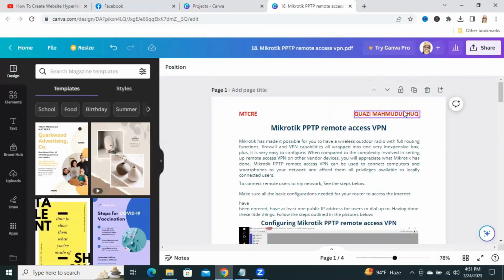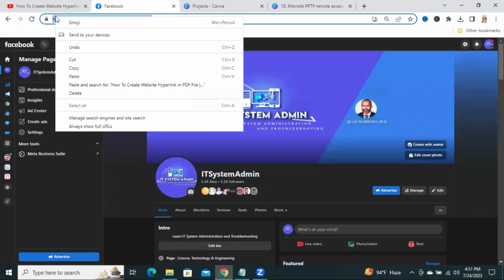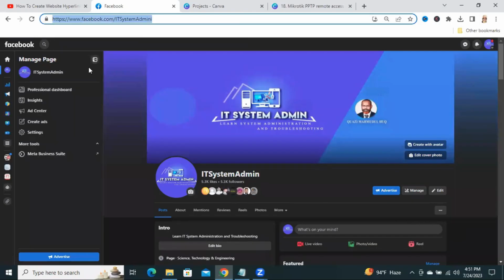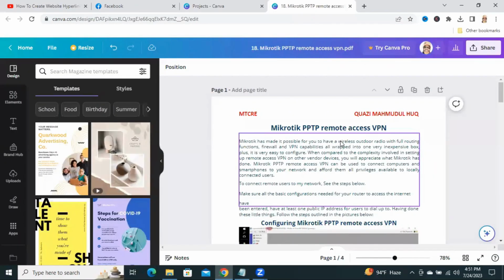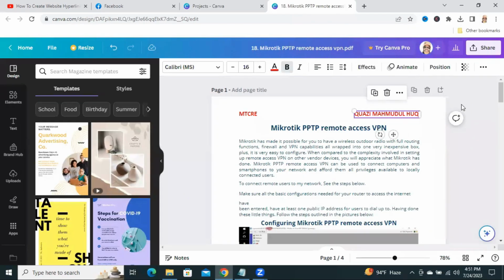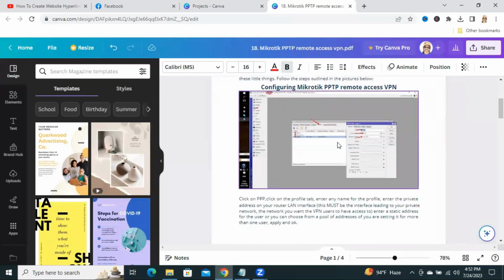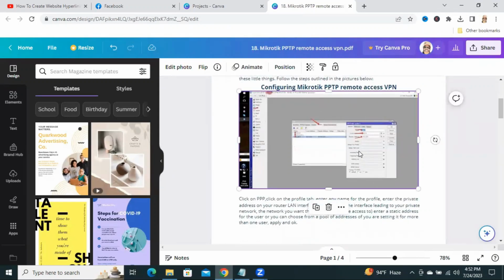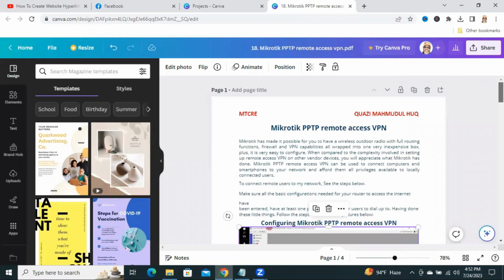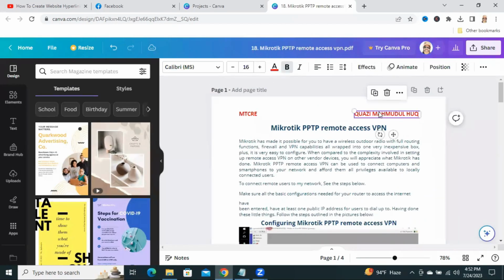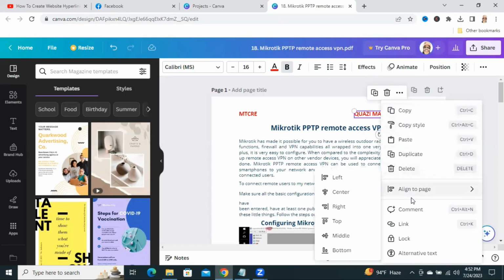Now you have to select text or image where you want to add your website hyperlink. I'm going to copy my website link, select and copy the link from here. And now here you can select your text or you can select your image where you want to add your website hyperlink. I'm going to select my name here and right click on selected text, and you will find a